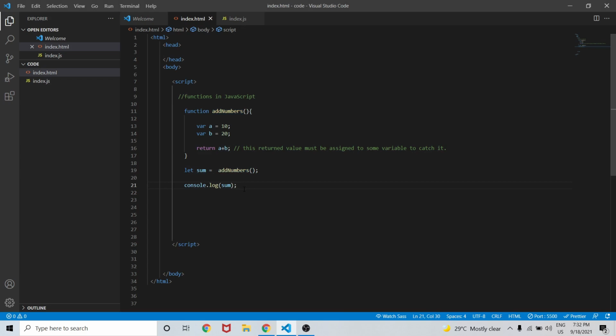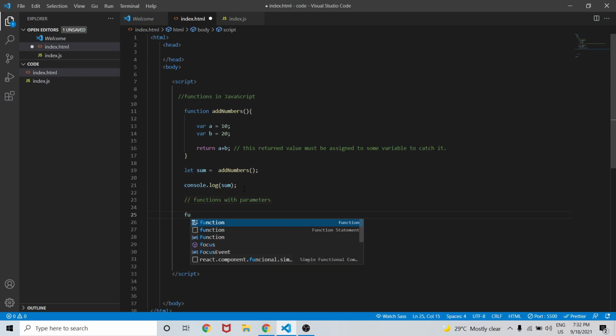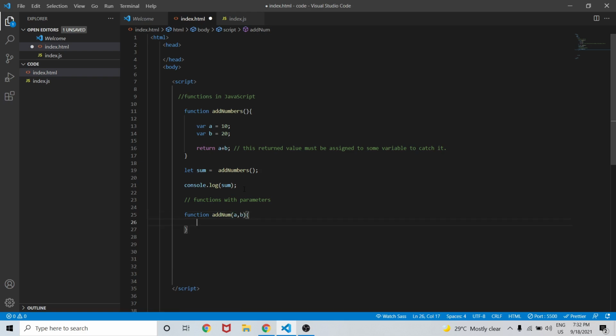Now we will see a function with parameters. We will pass some parameters to a function. Let's create one more function, addNum with a comma b. Here we are passing some parameters a comma b, and we will simply return a plus b.